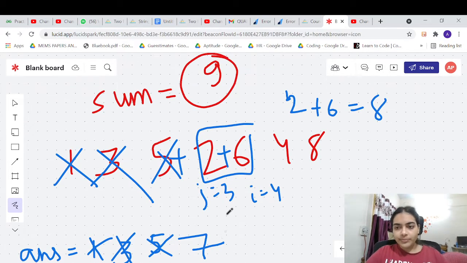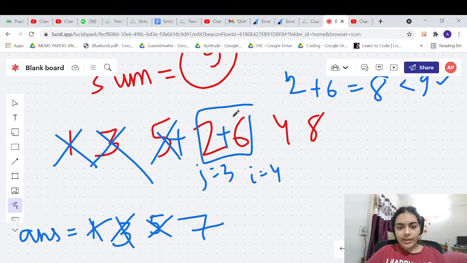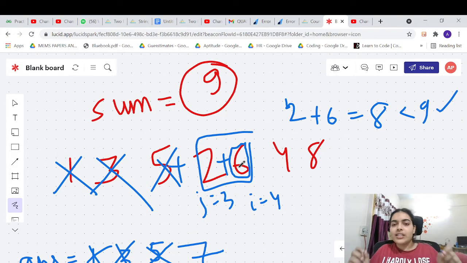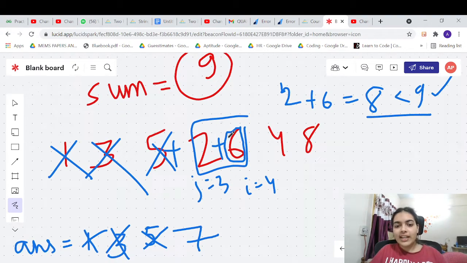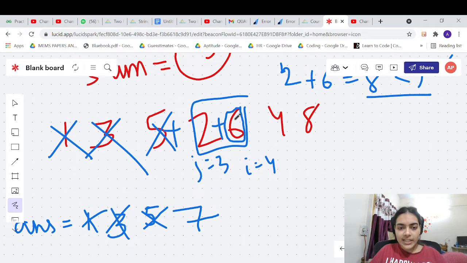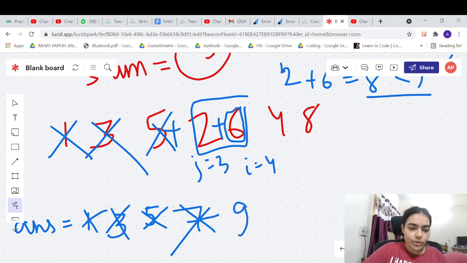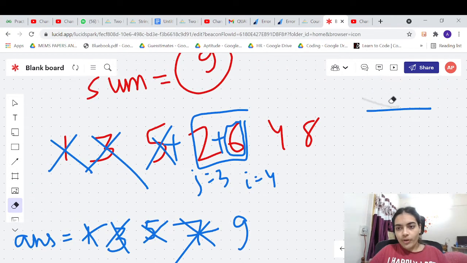So in this case, 8 is less than 9, so you can take this element. You have not taken 6 also before. If the entire subarray is not crossing the threshold, right? If 8 is less than 9, 6 will also be less than 9. Individual elements will also be less than 9. So you need to take two subarrays together: 6, and 6 plus 2. So your answer is incremented by 2. Okay. Now let us go forward.